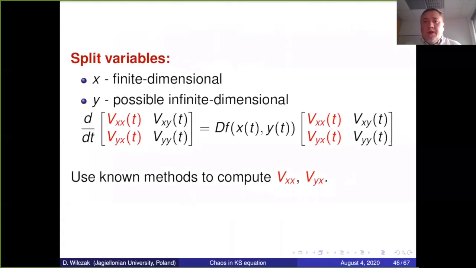So what we can do is split our infinite dimensional matrix into a finite number of columns and some infinite dimensional block, okay? This red part is finite dimensional, so we can integrate this finite number of columns by the same algorithm as I described already, because the system is very similar, okay? Special care should be taken about the infinite dimensional blocks, Vxy and Vyy. We want to compute norms of those blocks. We cannot compute them explicitly, but we can compute norms of them. So I'm going to describe how we can do that.